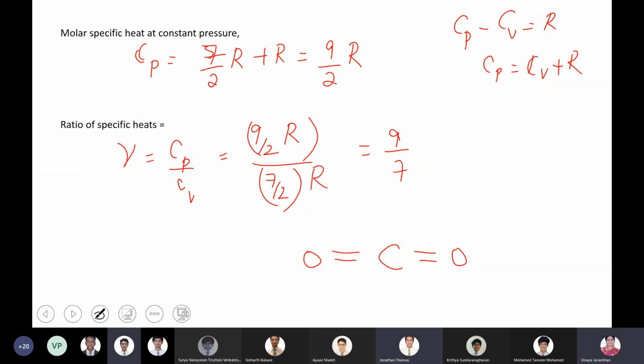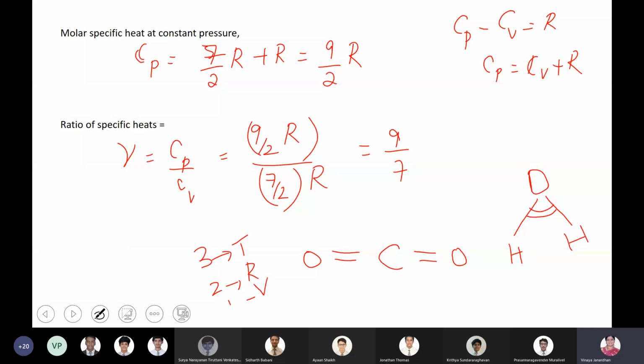Are you clear, boys? Ma'am, there it is having only 6, right? Which one? 6 is this. Ma'am, can you repeat the motion again? Like for CO2. CO2, it will have 3 degrees of translatory motion, 2 degrees of rotational motion, 1 will be considered as vibration. So totally, it has total 6, right? Sorry. Vibration also.